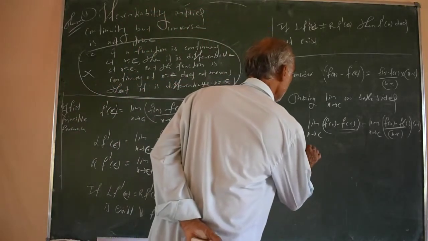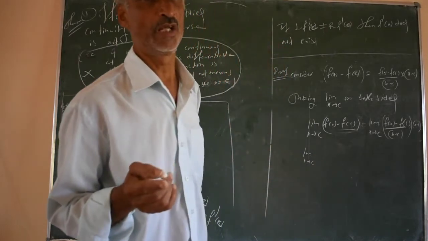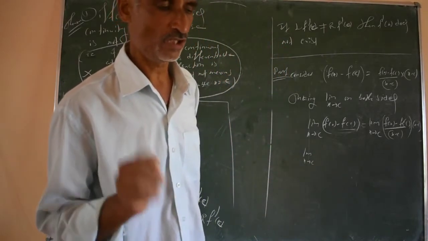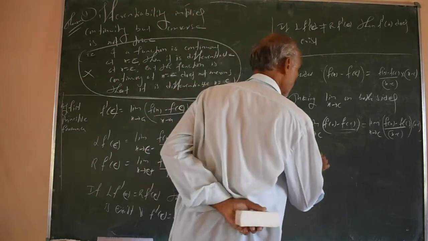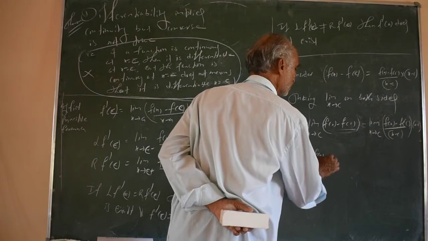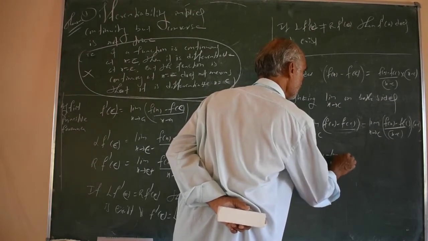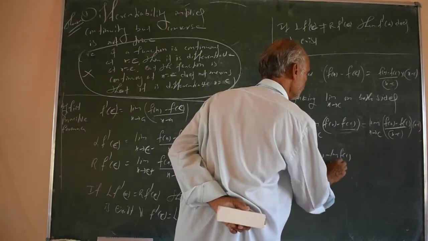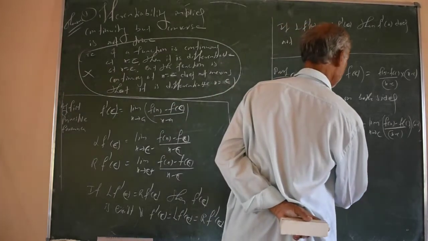Limit x tends to C of f of x plus or minus g of x is limit f of x plus or minus limit g of x. Limit can be taken to each and every term. So limit f of x as x tends to C minus limit x tends to C f of C is equal to